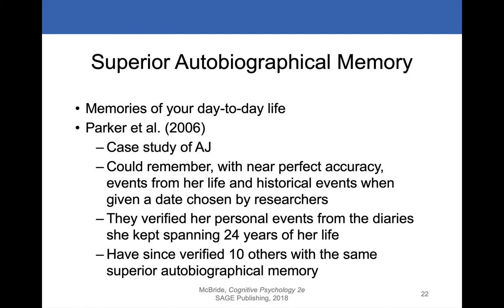However, there have been some studies of people with these incredible autobiographical memories. One thing that has been anecdotally noted is that they seem to have slightly unusual hippocampal development. Their hippocampi, the structures in the brain related to the formation of memories, seem to be a little bit bigger than in people who do not have this sort of superior ability to remember every little detail of their lives.